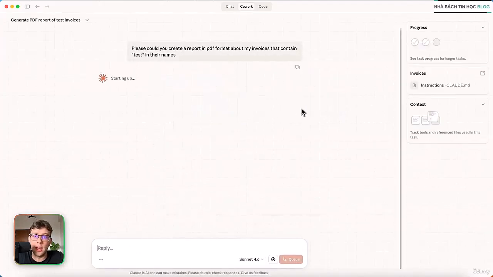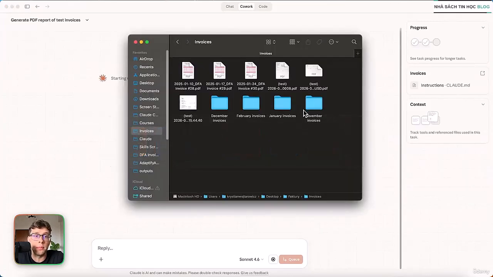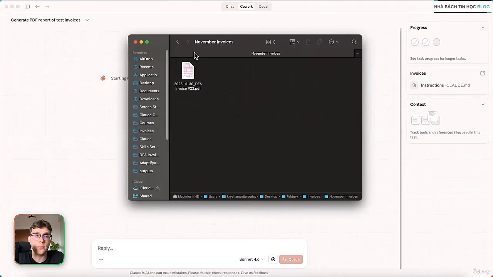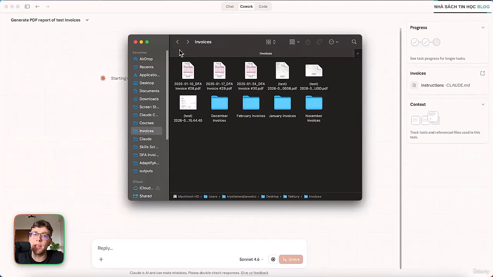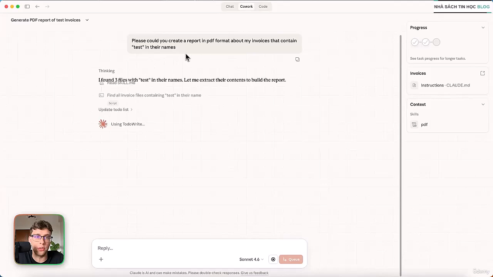Let's run it. And I'm very curious because it needs to make sure that it only takes the files that have test in their names. Because otherwise we've got multiple different files and it has access to them. So it needs to properly detect only these files and then make a report. And once again, you can make a report about anything you want. You can create even a presentation. I'm going to show you that later. But actually you can make a report about any files. And it's totally great because you can save a lot of time by doing it. Maybe let's say you want to have a presentation about specific documents or a specific topic. You can do this. But now let's focus on the specific use case.